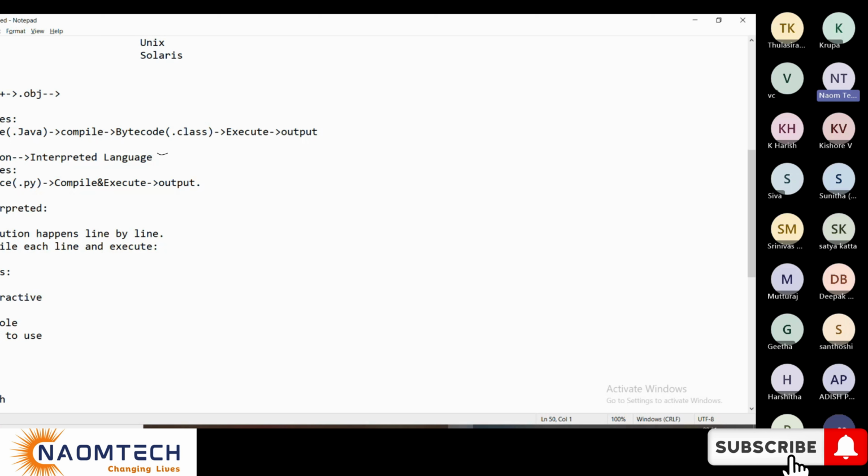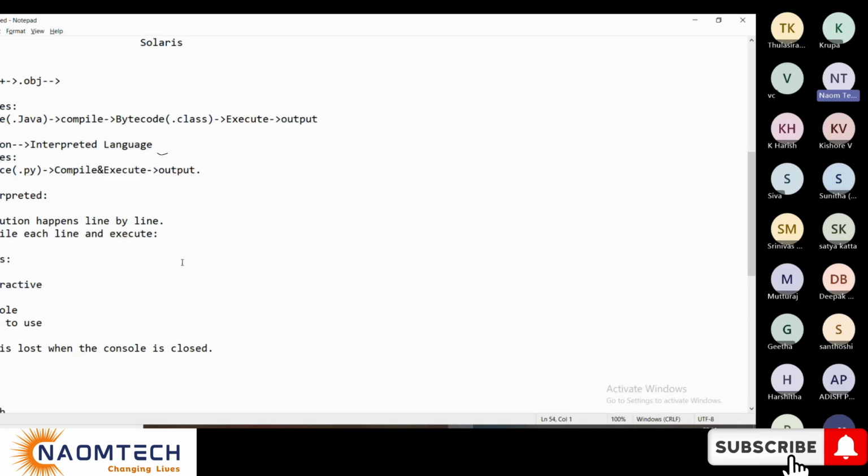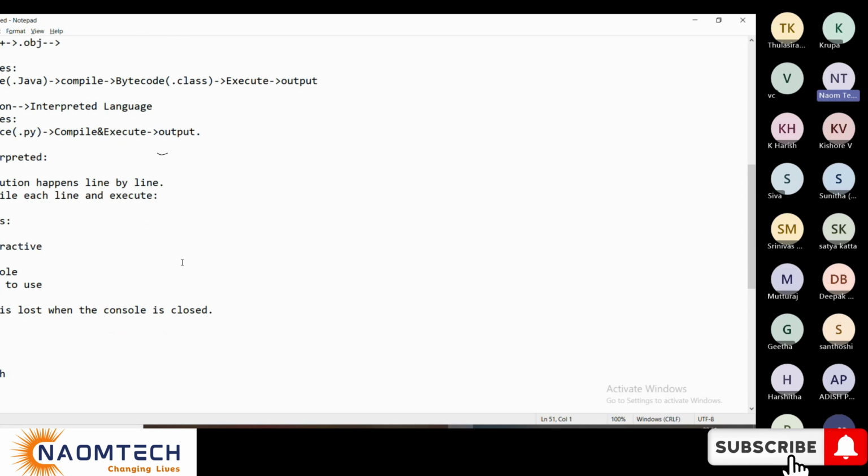Once you open and close it, you lose everything you wrote. It is used only for basic testing when you are learning. That's all. A real time environment doesn't support this, and it is not encouraged at all.